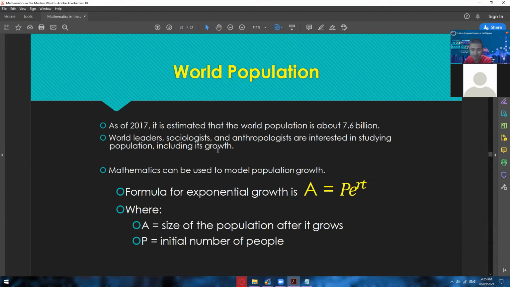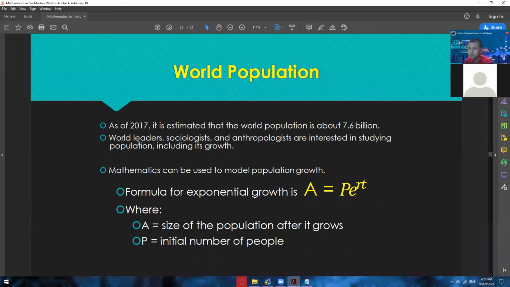So in this topic, I will be teaching you guys how to compute the population at the year maybe 2030, 2040, 2050, and so on and so forth. So let's just say that as of 2017, it is estimated that the world population is about 7.6 billion. So this one is way back 2017. I think nowadays, this 2021, we are maybe 8 billion, or even 8.5 or 9